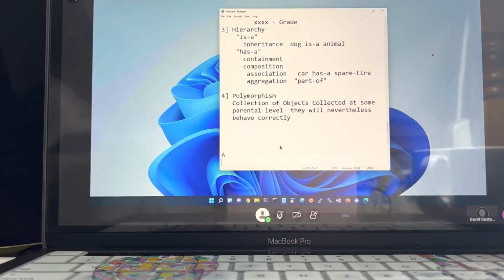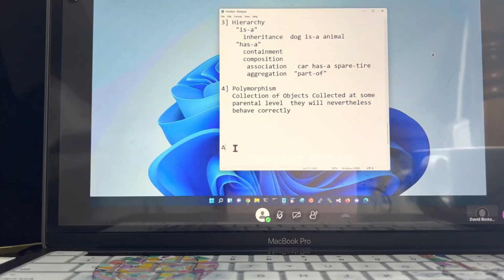I have a class or interface called animal. I'm going to extend that class to a class called dog and a class called cat. I'm not going to extend dog, but I'm going to extend cat to contain a house cat, a lion, and many other things. But those are the ones I'm going to talk about.